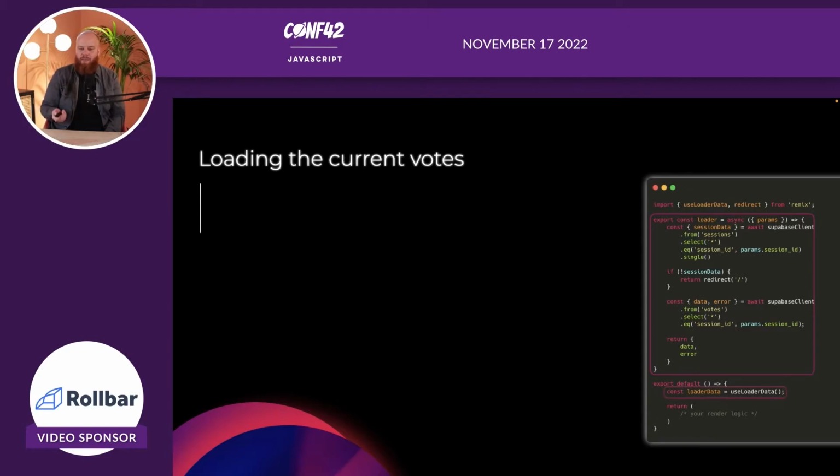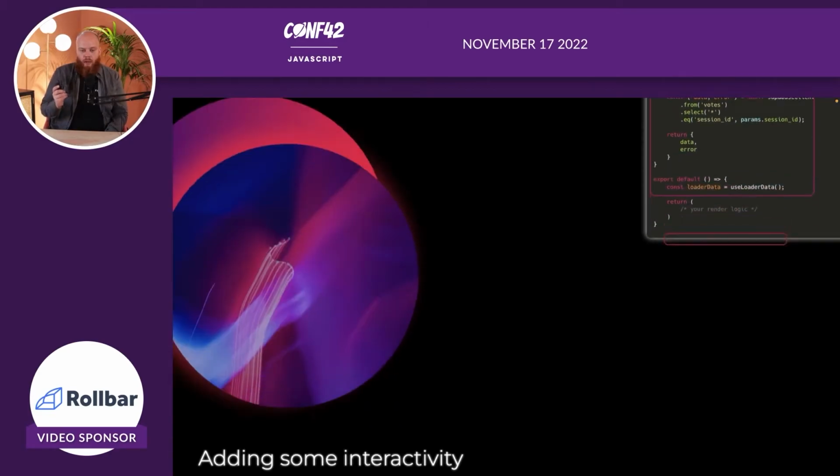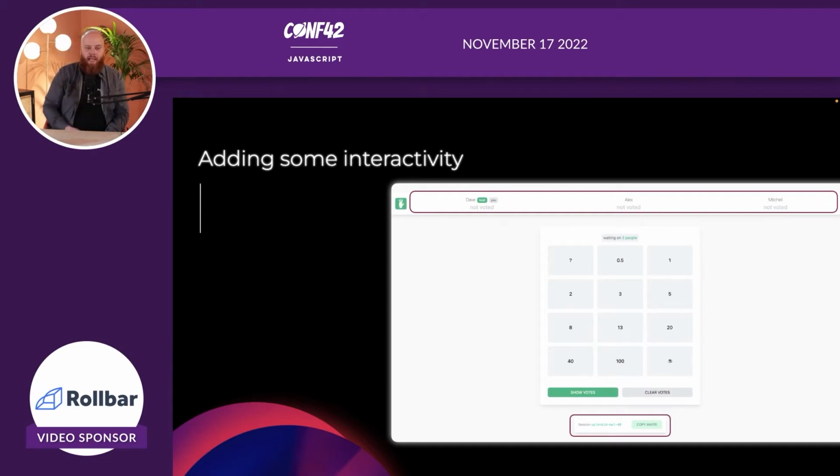So how do we now access it? With useLoaderData instead of useActionData. So this is the pattern that Remix keeps on following. The first time it's going to render on the server, this loader data will be filled with the votes and the session data. You render your HTML or your JSX accordingly. And then on the client side, if you don't have any useEffects or client-side JavaScript that needs to be executed, this is it. Cool, so we can get the latest state from the server basically of the session and display that.